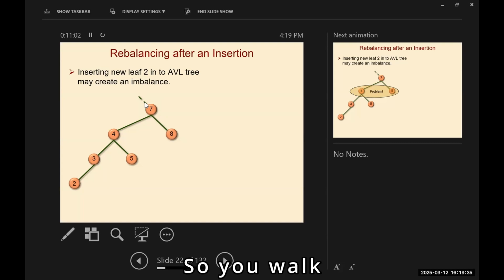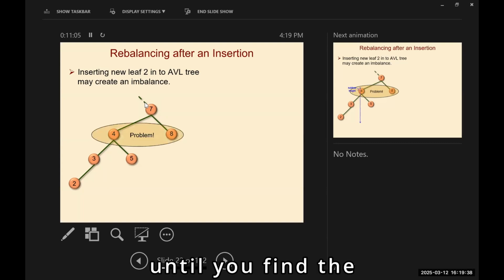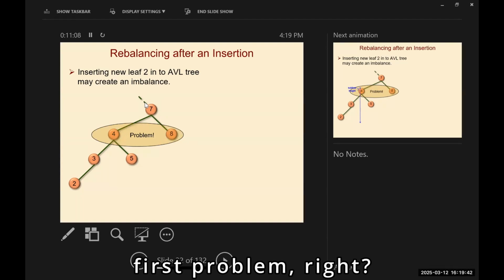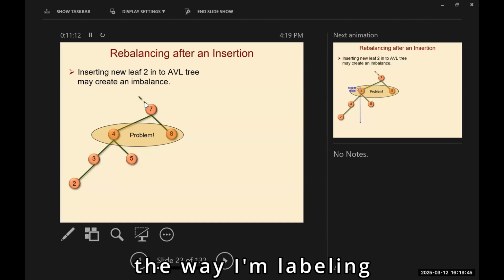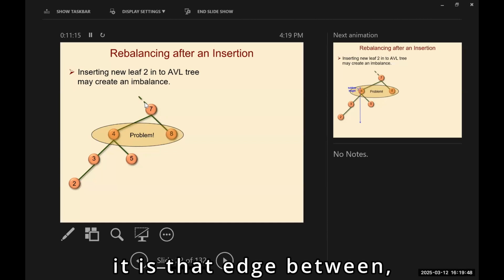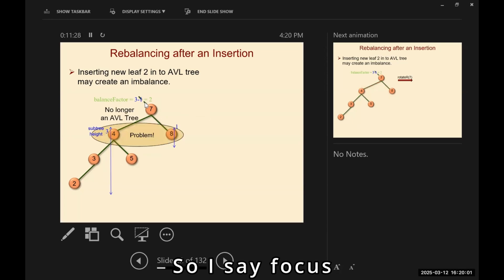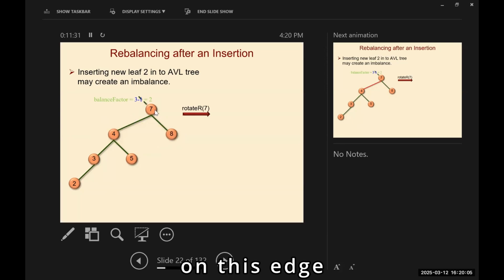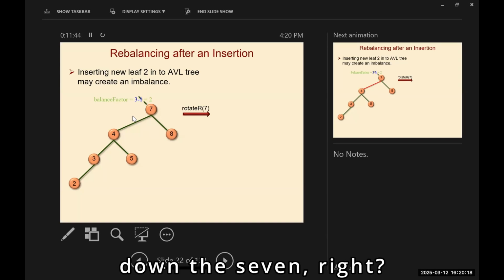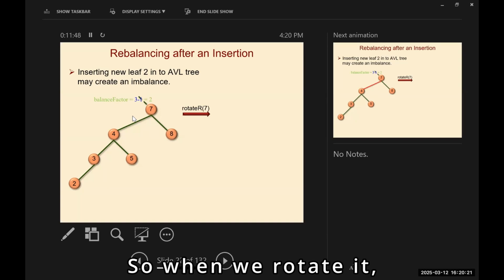So you walk up the tree until you find the first problem. 7's the first problem, so its factor becomes 2, and it's no longer an AVL tree. So I say focus on the edge between the 4 and the 7. 7's the problem, but you came from 4. So what are we wanting to do? We're wanting to lift up the 4, and we're going to bring down the 7. So when we rotate it,